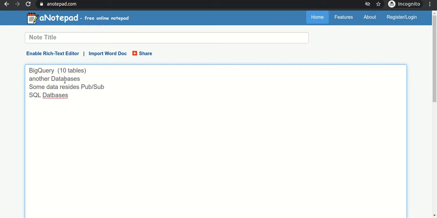Initially we don't have an issue. If we have only one table, we know this table exists in BigQuery, this table exists in another database, this table exists in some SQL database.